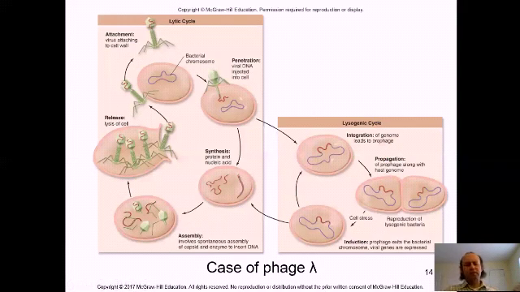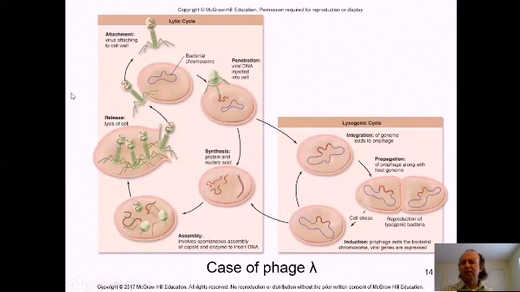So look, this picture in your book is very, very important, and you have to learn it and understand it. Because these bacteriophages have cycles. And this is a specific case of phage lambda. Phage lambda has been studied a lot, and as I said, it's been used in biotechnology. Now scientists know that these viruses have two cycles, the lytic cycle and the lysogenic cycle.